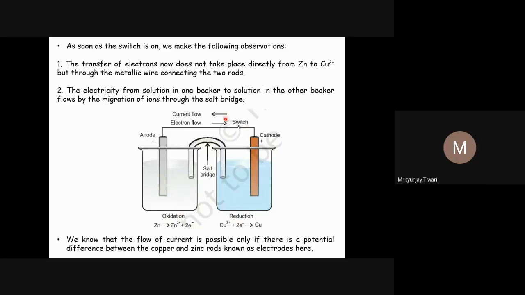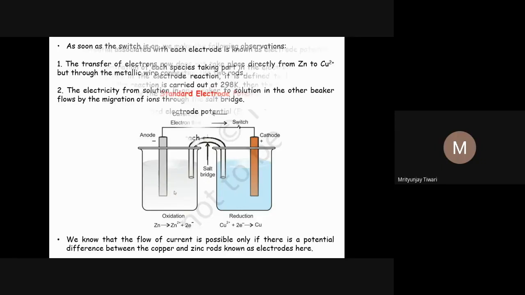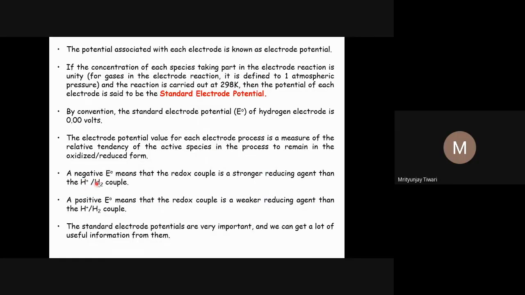So suppose you don't take this copper solution, and there you add a hydrogen electrode, the standard hydrogen electrode. Whatever the potential difference is there, that is why the electron will be transferred or will travel here. The electrode potential that we obtain there is called the half cell electrode potential. A negative E naught means that the redox couple is a stronger reducing agent, and a positive E naught means the opposite. I have not defined E naught anyway.